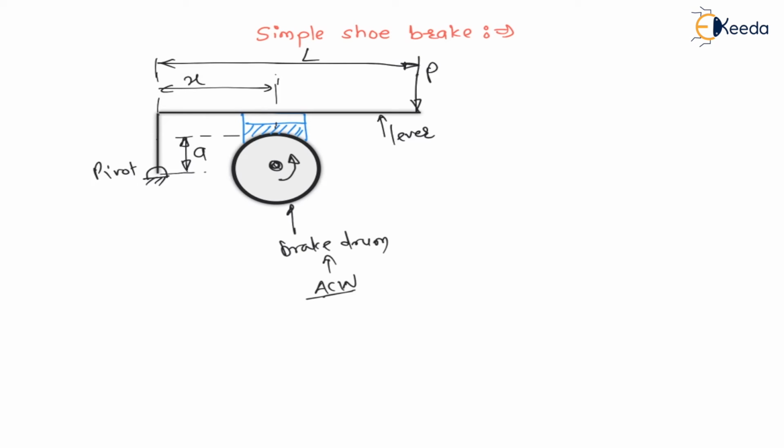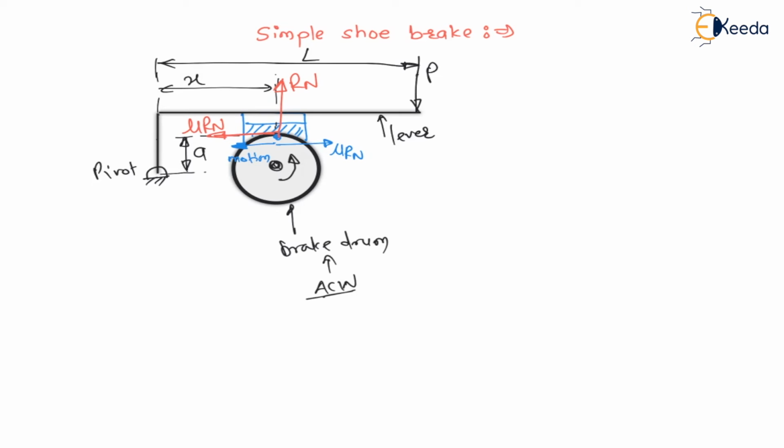Right. Now, for anti-clockwise rotation, the point on the brake drum is moving towards the left side. This is the motion, and for this motion there is an opposite friction, that is mu Rn, on the brake drum. On the shoe there will be an action-reaction pair, therefore towards left there will be a frictional force mu Rn, and the normal reaction will be in the vertical direction only, right?